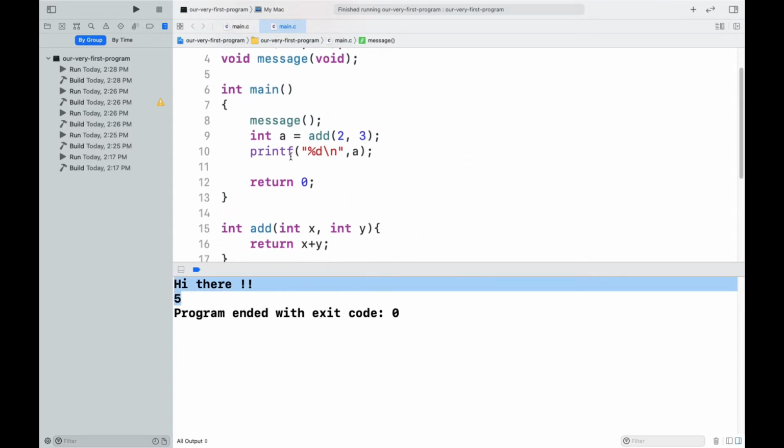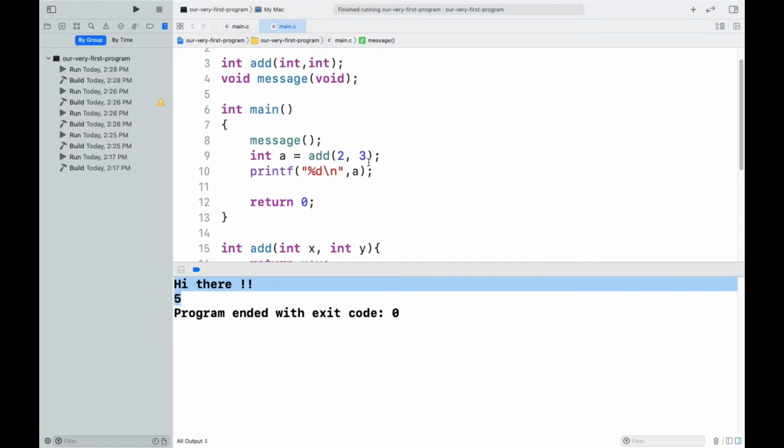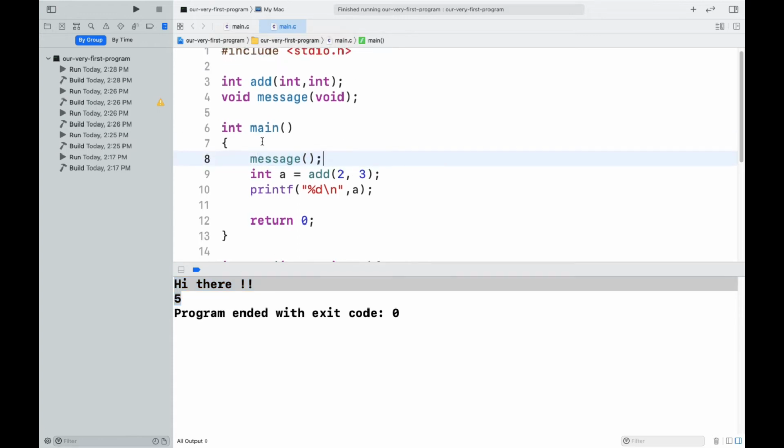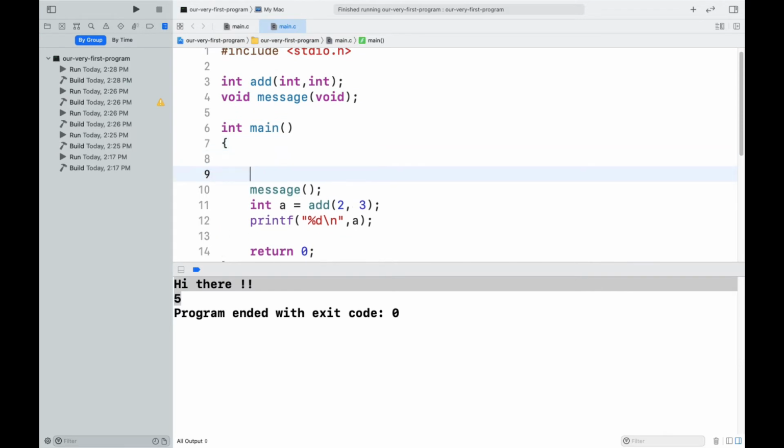We are getting the desired output. I added two numbers and then printed the value that the function was returning, and before that I executed the message function. So now I will be making two pointers. One pointer will be pointing to the add function, and the second pointer will be pointing to the message function.